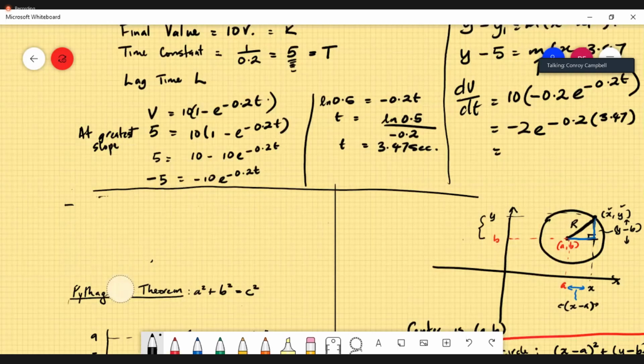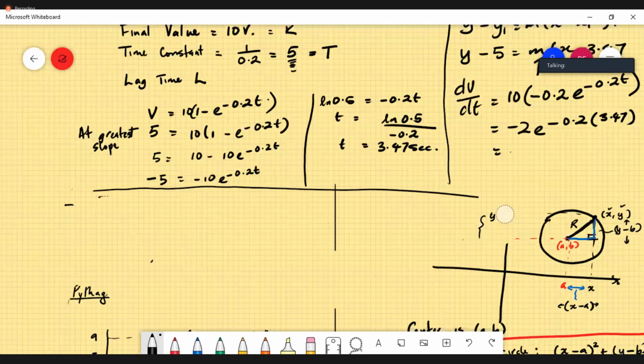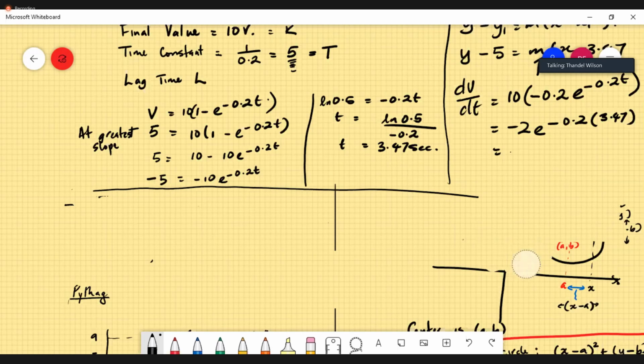Minus 1. Minus 1? Yes, sir. All right, so when you differentiate it, what does that value give again? The gradient. Or you don't need, if you find the log time. Yeah, the log time, because we're going to find the equation of a line. And then